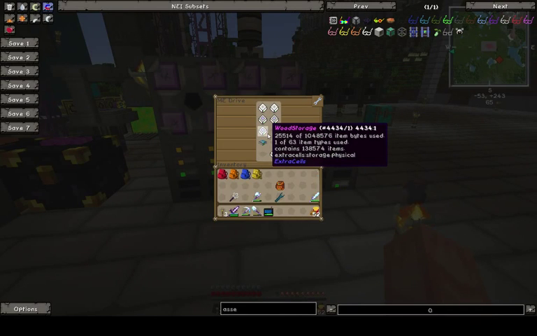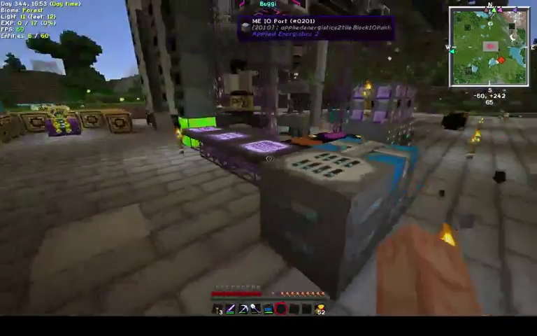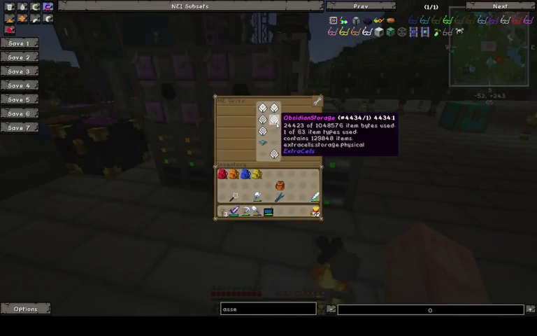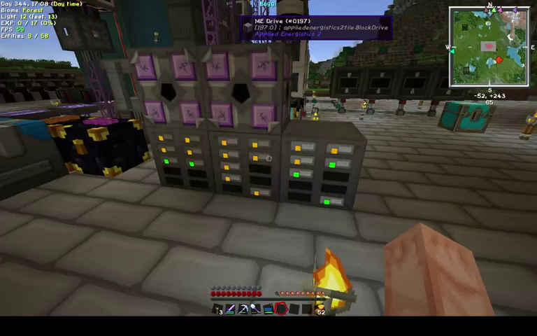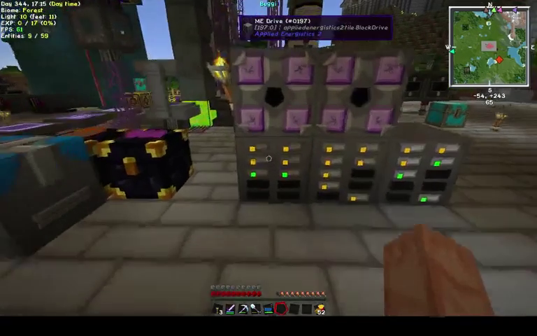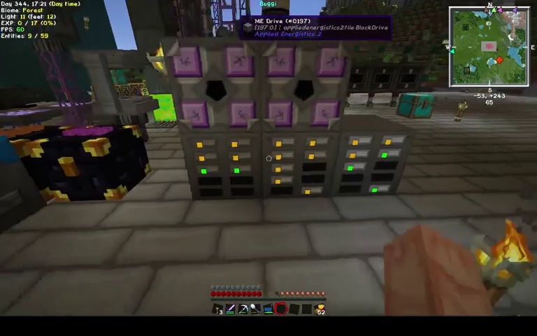I've got extra cells on here, so I've got very large drives for specific uses. I don't use very large drives for generics, because if you have one thing on the drive, it can contain an incredible amount of that one thing. But as you ramp up the number of things on a drive, then it can use a lot. So typically I don't use very large drives for single things, but